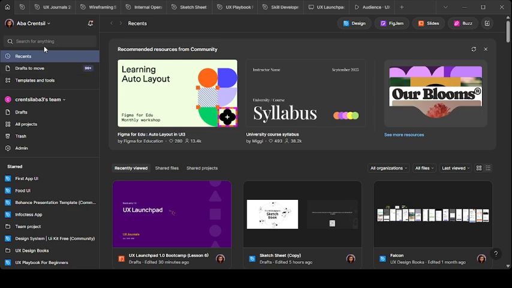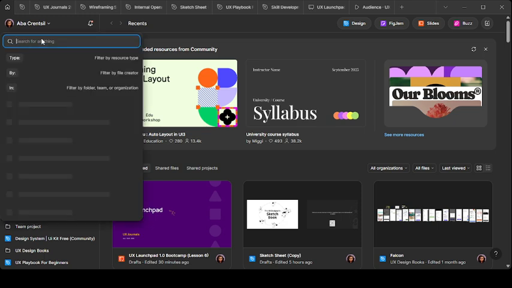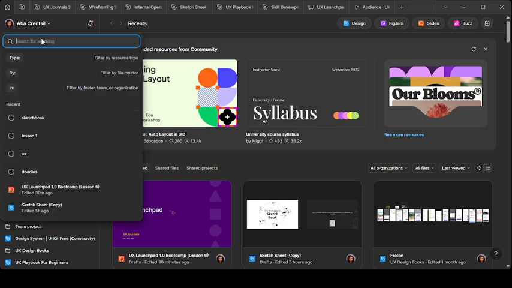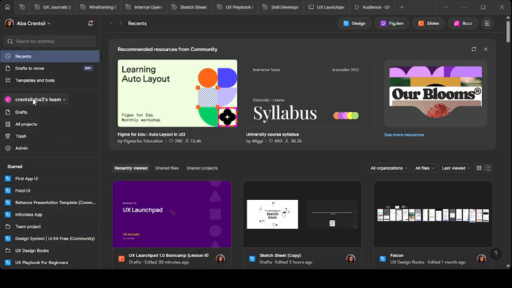We have 4 minutes more. You'll be met with this page, which is your home dashboard. Here you get to see your account. You can search for anything you want to search for here, by project name and by file type. Then here you get to see the current team that you are in,